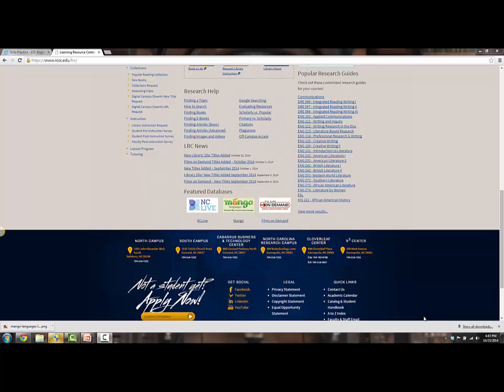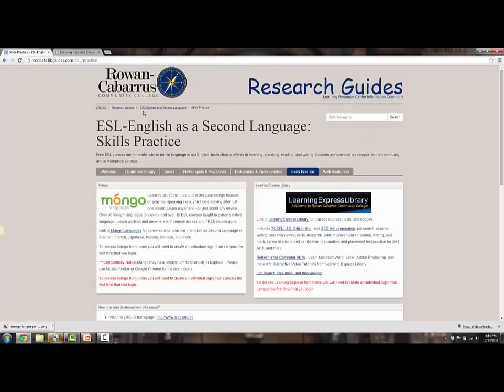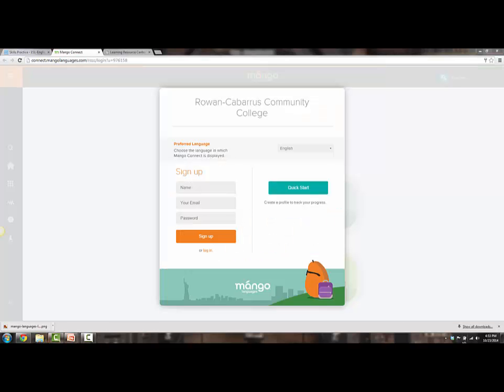You can find links for the Mango database on the library's homepage at www.rccc.edu/LRC. Here the link is at the bottom of the page. Or you can go to the ESL Research Guide, go to the Skills Practice tab, and find the Mango link there. Just click the link at either location, and then you'll be taken to the sign up page